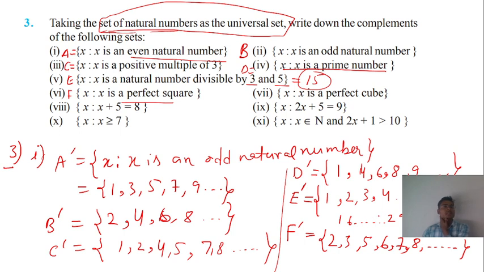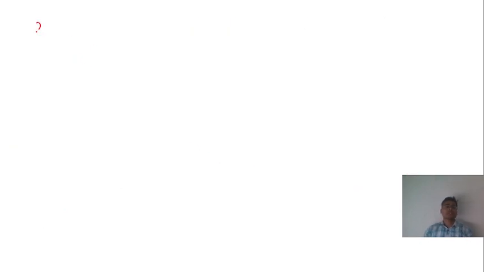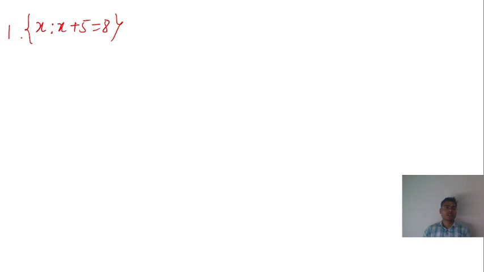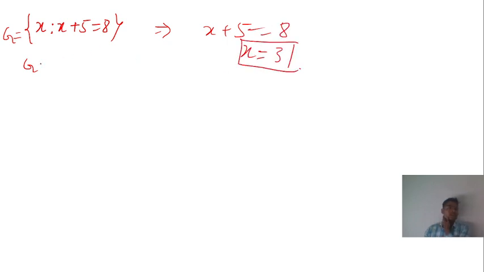Now part A is saying x such that x plus 5 is equal to 8. So if we write it as the G part, what is G? First we will have to solve x plus 5 is equal to 8, then x is equal to 3. Okay, so we will have to write all the elements other than 3 in this set, because the G set has only 3 inside. So 1, 2, and then 4, 5, 6, 7, dot, dot, dot. Just remove 3 from here and it will become